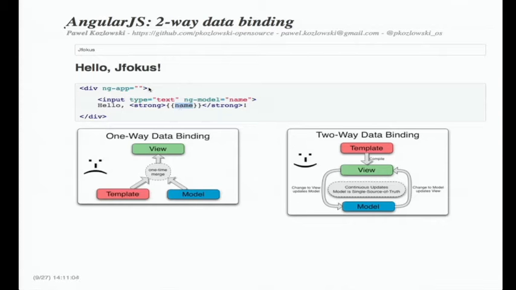Those special attributes are called directives in the AngularJS world, and they provide declarative hints to AngularJS, so the framework knows how to render things or how to interact with the user.